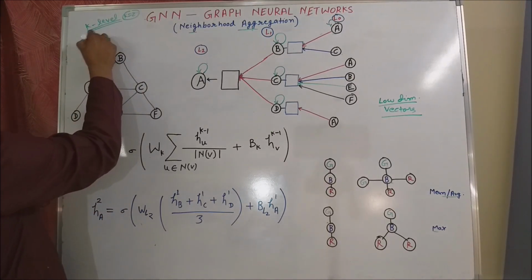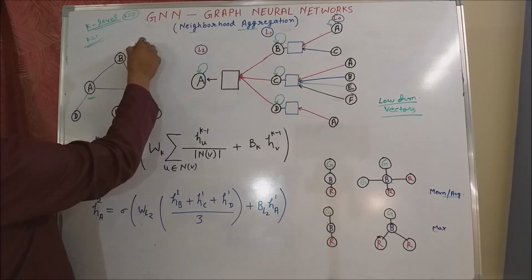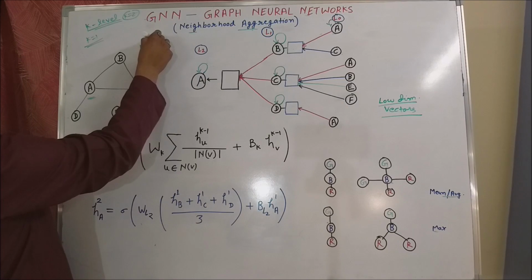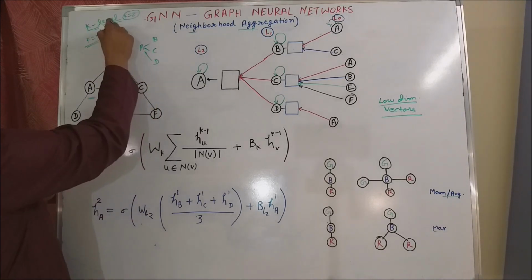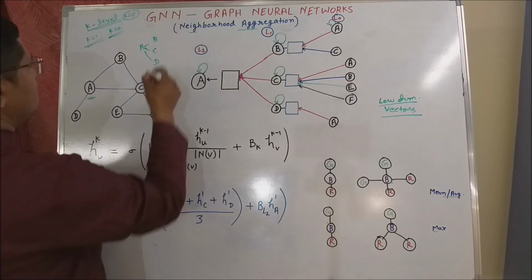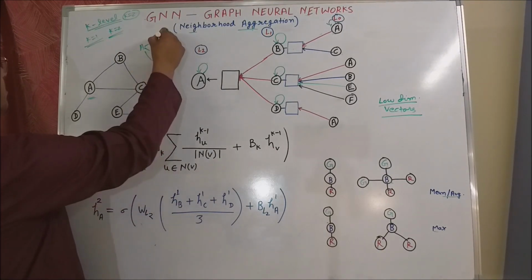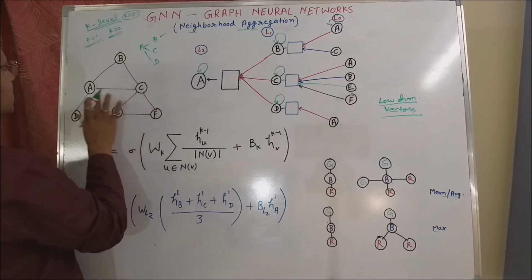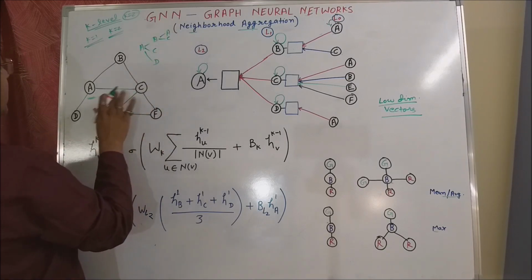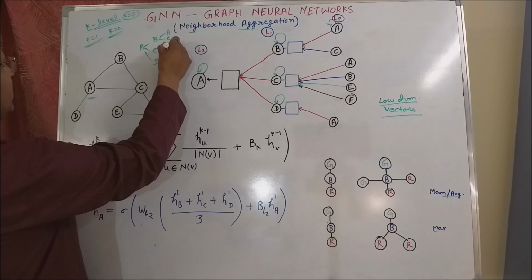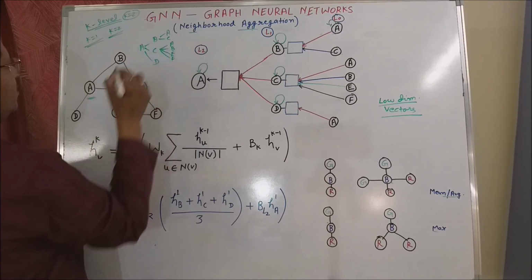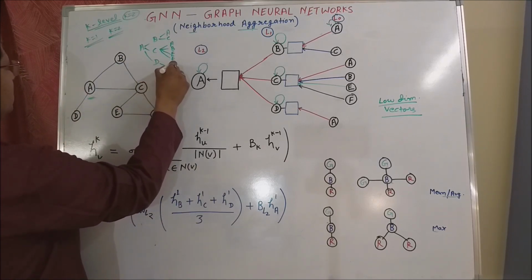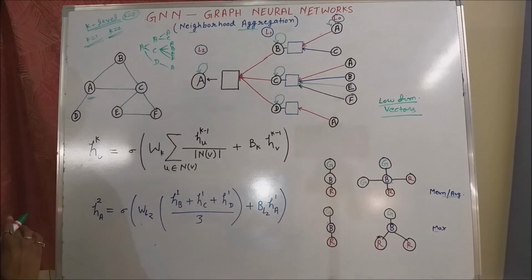If we take k equal to 1, then for any node A, the direct neighbors will be B, C and D. If we take k equal to 2, the second level neighbors for each of those neighbors B, C and D will be, for B you can understand that there are two direct neighbors A and C. Again for C there are four neighbors, so it may be like A, B and then E and F. So there are four neighbors, and for D the secondary level of neighborhood just contains one neighbor A. So this is the architecture.